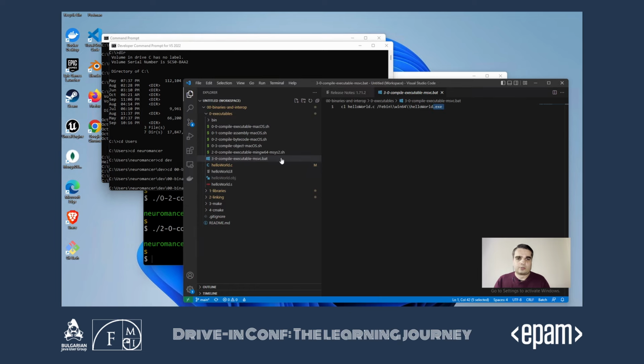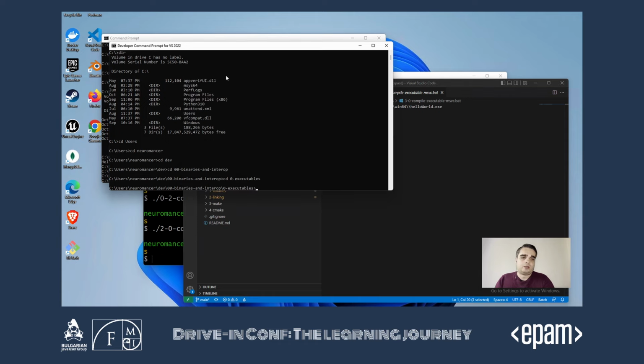So here we're going to run cl.exe, tell it to compile our same source file, hello-world.c. And if you want to tell it the output path, we need to pass the /Fe parameter, and this will build our hello world without the prefix. So let's do that.